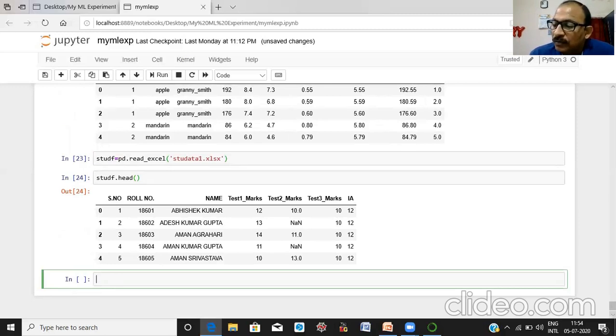now we are going to delete missing rows or missing columns having the missing values.